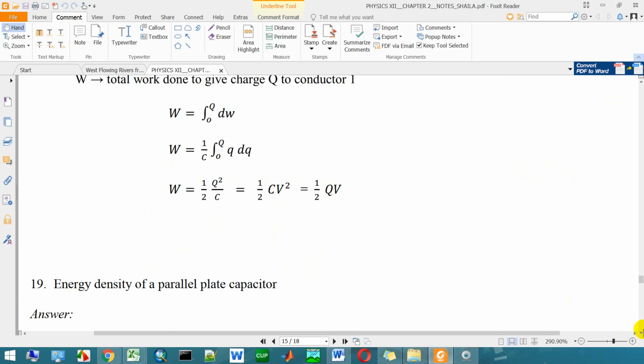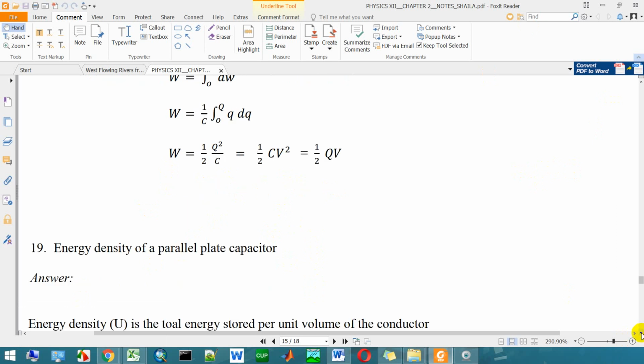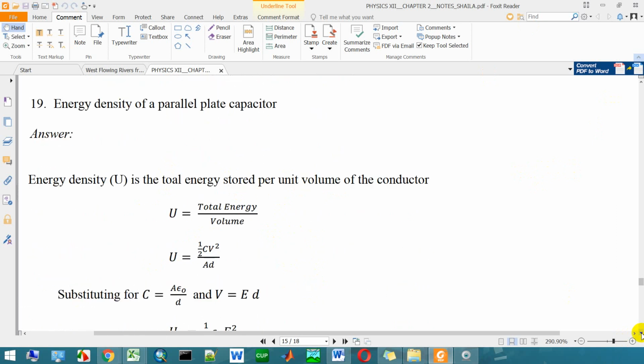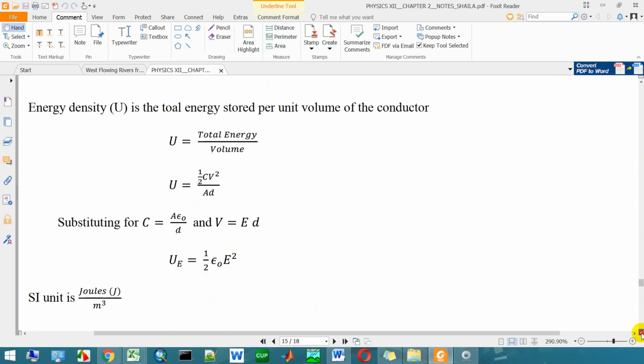Next question, that is question number 19. It is energy density of a parallel plate capacitor. Energy density is the total energy stored per unit volume. So total energy stored is half CV square, from question number 18 we derived, divided by volume, which is the area of each plate into distance between the two plates. Then again